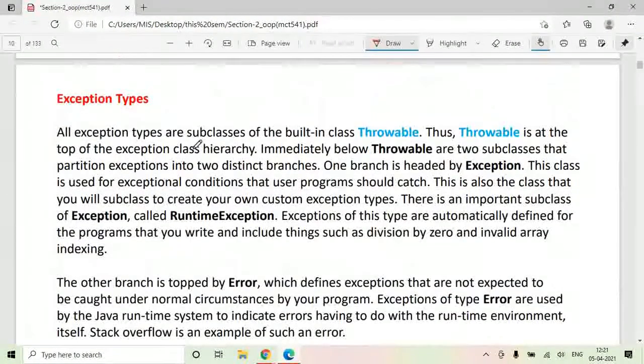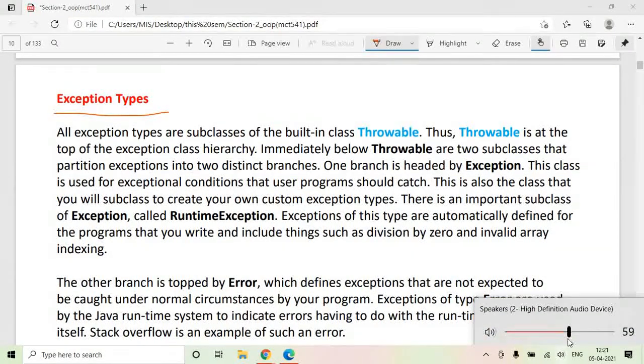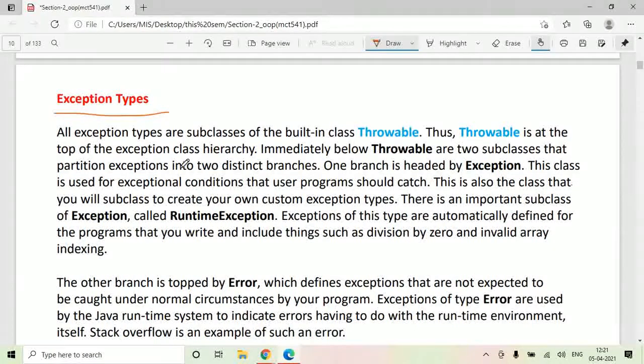Now, what are the various exception types? All the exception types are subclasses of the built-in class Throwable. Throwable is the supreme class. Java, as you all know, consists of a number of classes for a variety of operations.